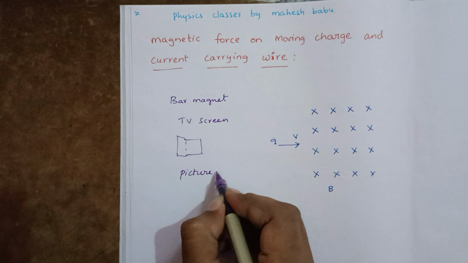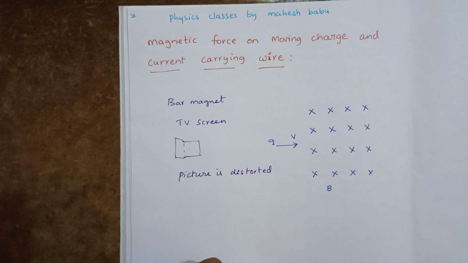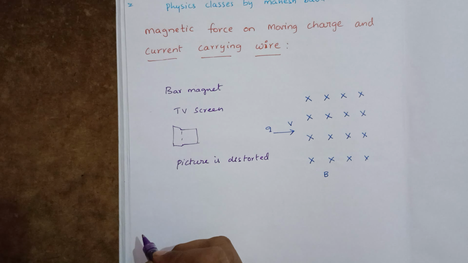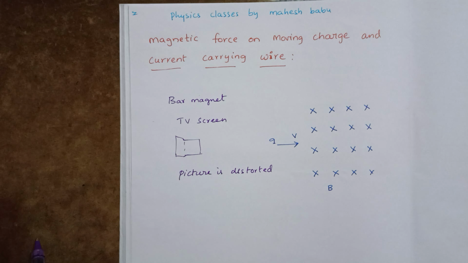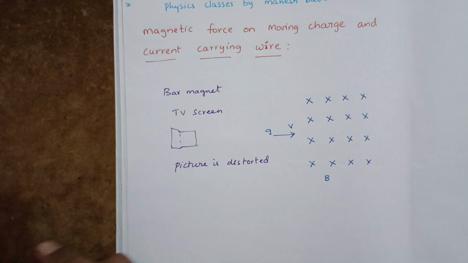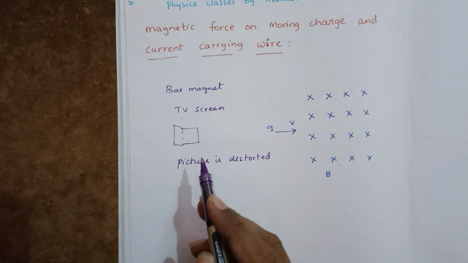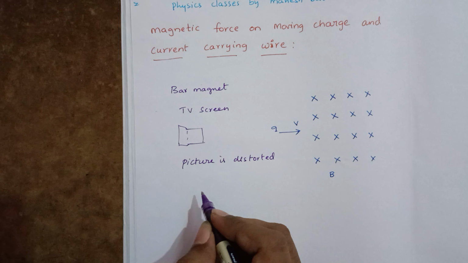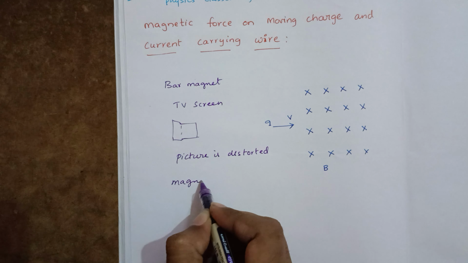Distorted means not clear, we get a blurred image. Now if you remove that magnet, we get the screen clearly, normal. What is happening here? Whenever we place the magnet near the TV screen, the field produced by the bar magnet, the magnetic field,